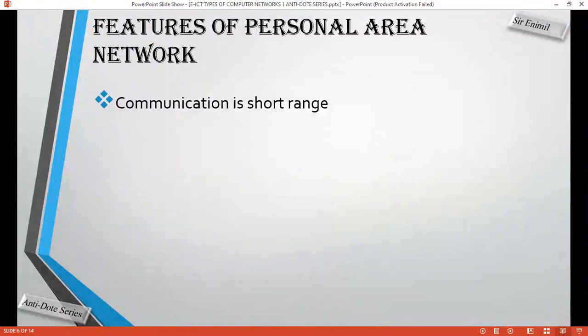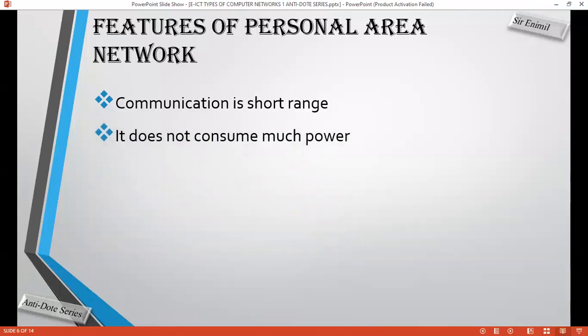short range. So if you want to identify a personal area network, it means that the things are set up in such a way that they wouldn't have to have a long distance communication with each other. Wherever you are, you can access whatever you want, the devices that you've connected. You don't have to be at a very distant place to have these things done or to have communication done.